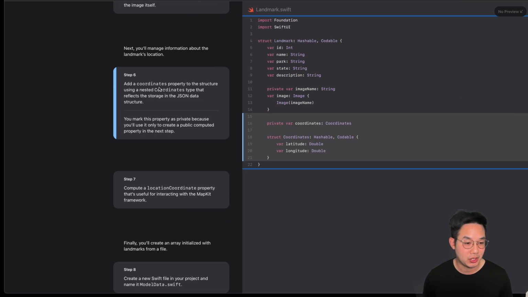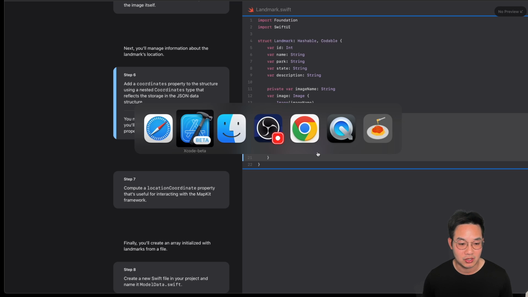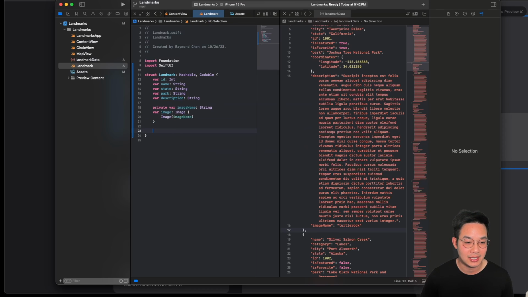Add a coordinate property to the structure using a nested coordinate type that reflects the storage in the JSON data. So it looks like by doing this, we'll be able to pull the JSON data directly without having too much mangling of the JSON file. So you mark this property as private because you use it to create a public computed property in the next step. Okay, so let's create that coordinate system. Let's make sure that we create that struct so that we have an easy time pulling it. So struct Coordinate,